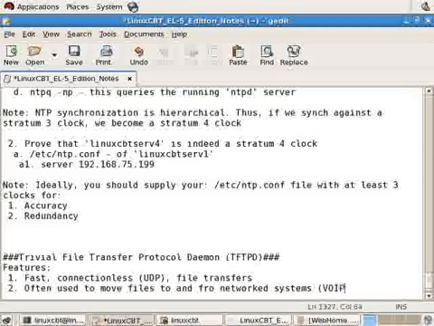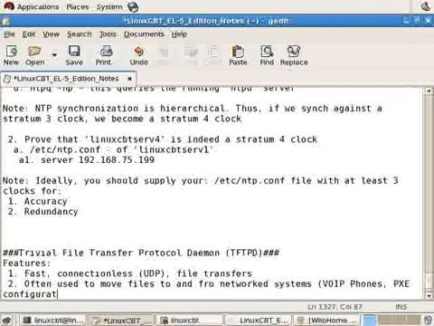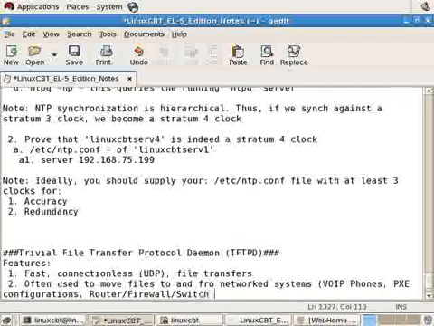So for example, VoIP phones, PXE configurations, router, firewall, switch configurations,